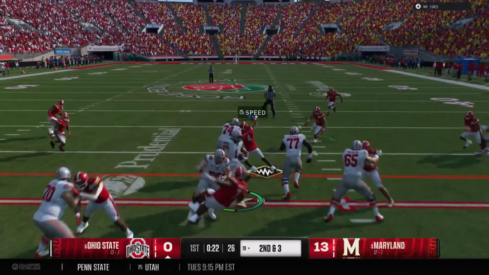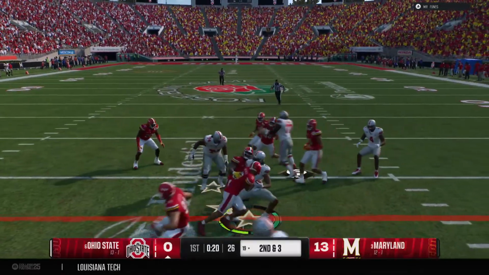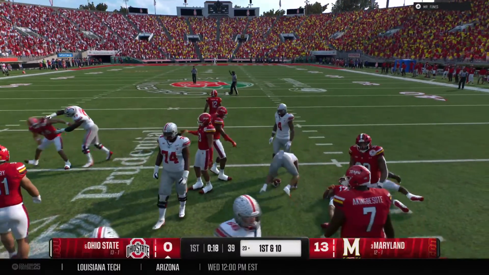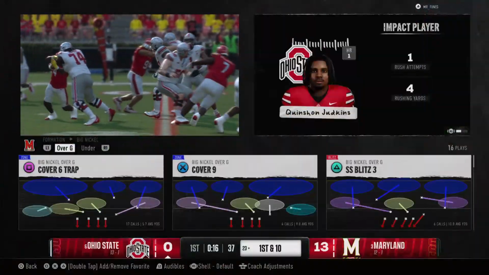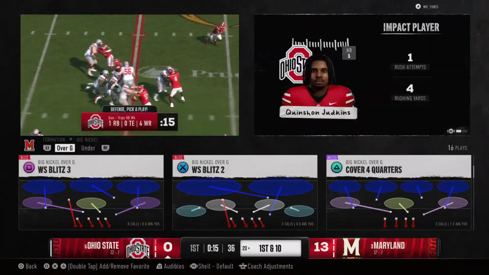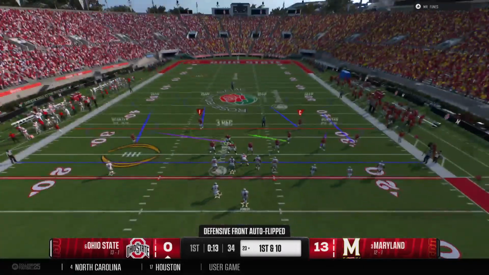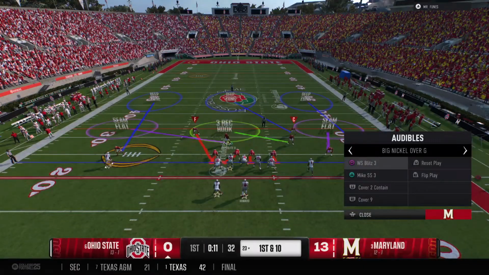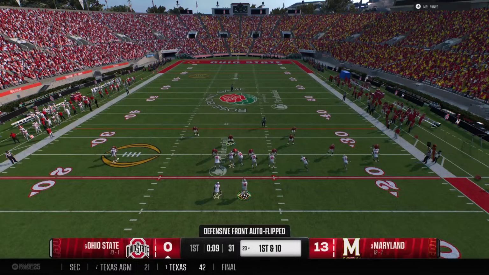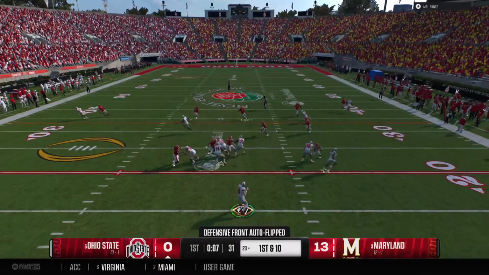He hands it off from the gun. Second after, their defense cannot stop him short of the marker. You know, Chris, what a great run here. You think about Ohio State, you think lately about those NFL-ready wide receivers. But we all know it starts with their running game, all those great backs they've had over the years.